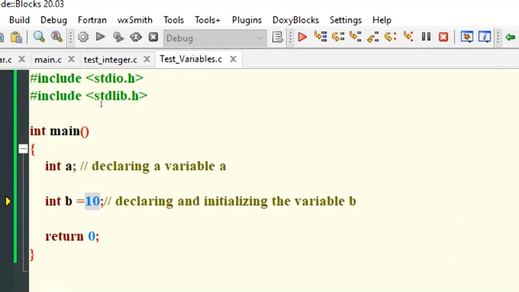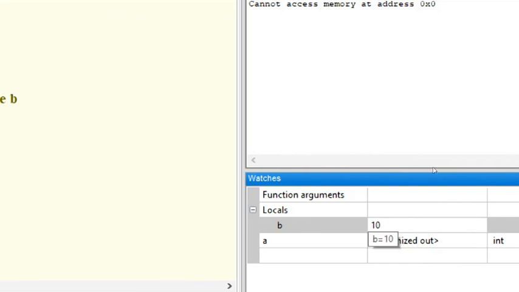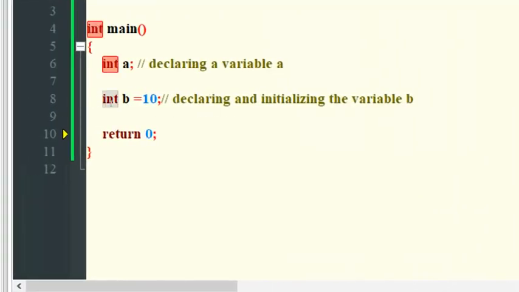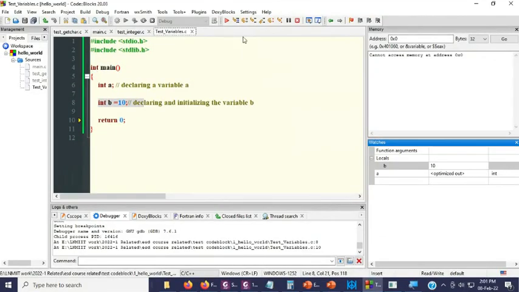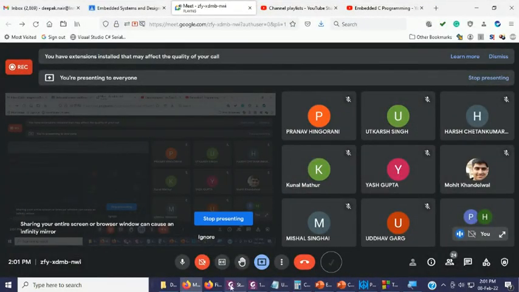So always initialize the variable. Next line, and you can see B is now initialized with the value 10. Before executing this line, B was having a garbage value. Done. This is about variable declaration and defining.